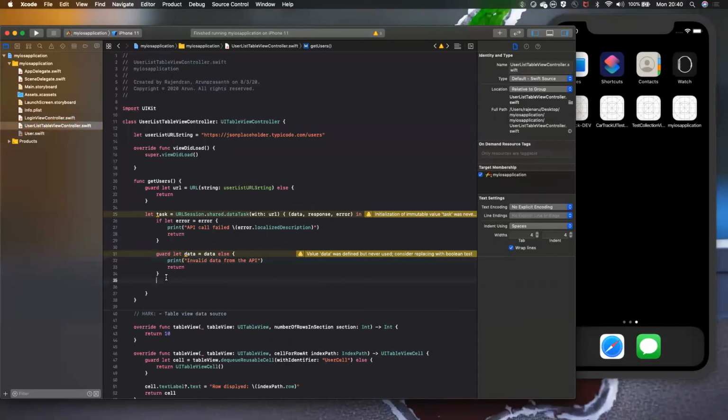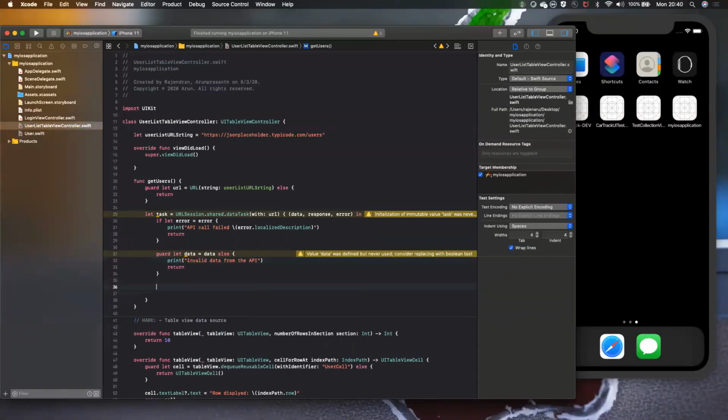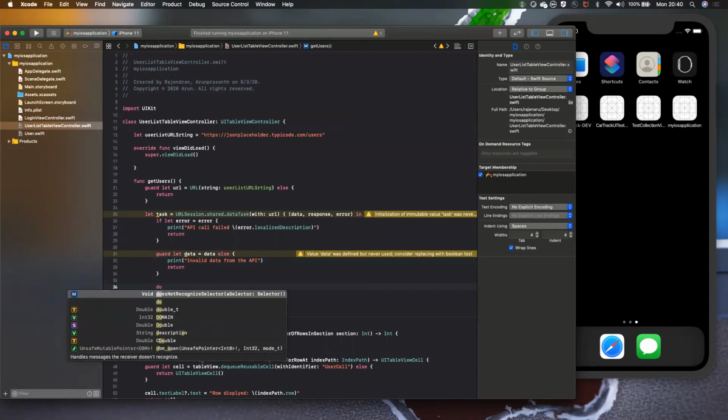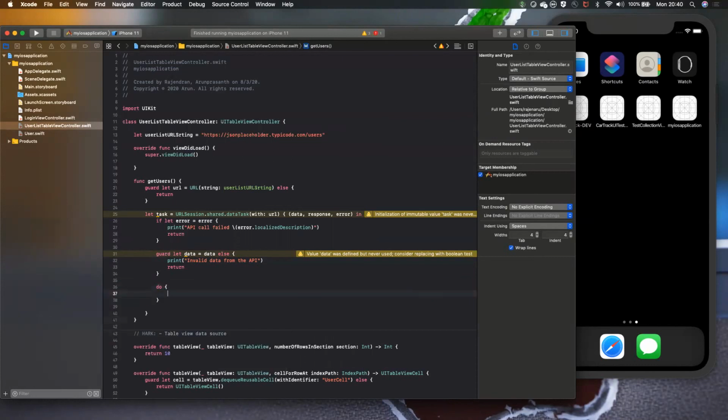So now we get the data. It's not empty. We know that, and I will be converting that data to the user model object. So I will do try catch. This is also error handling. If it succeeds, we will do it in the do section.